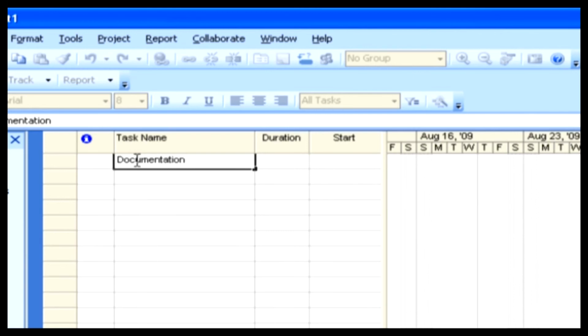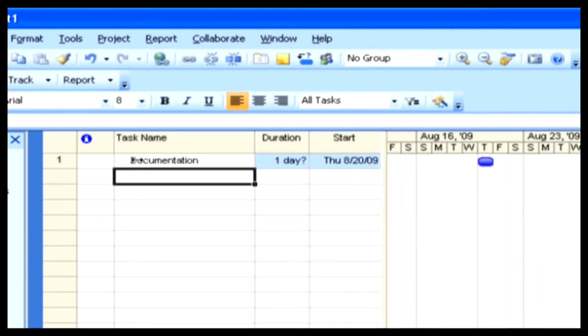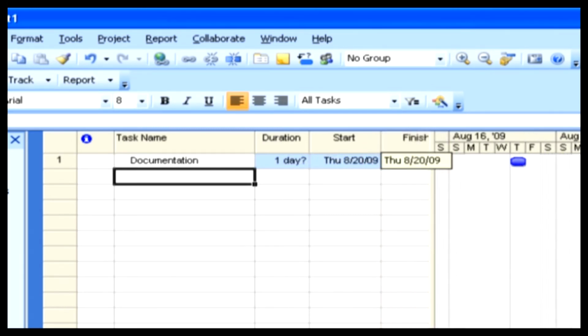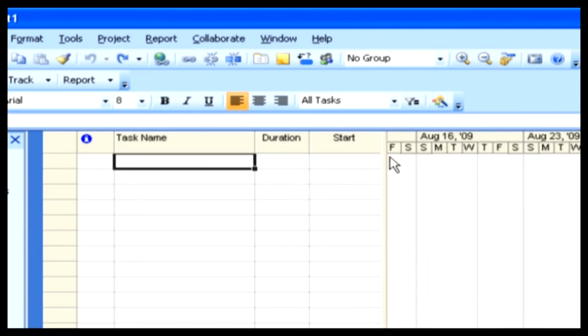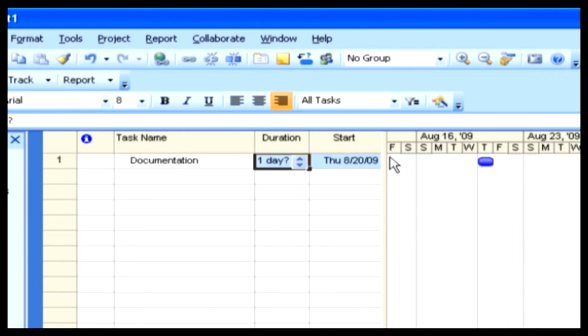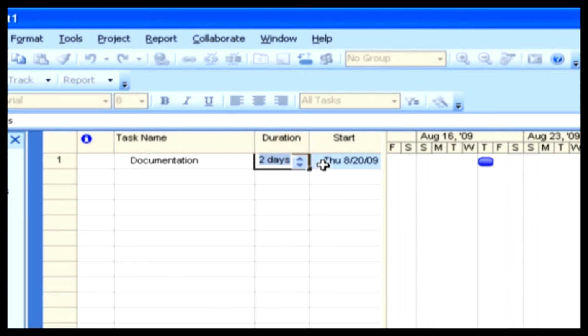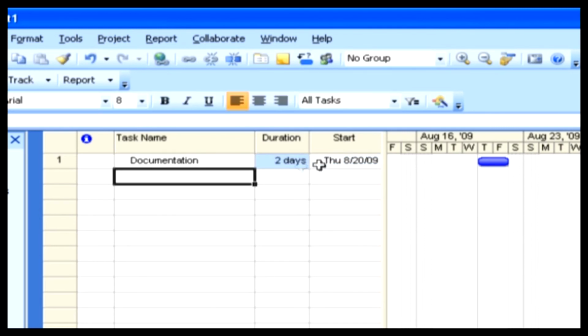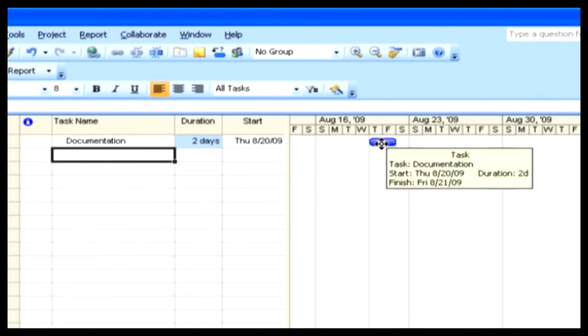We have written documentation. Look here, when I press the Enter key, see, Project 2007 automatically writes the duration, start date, and finish date. I am pressing Control-Z, undo. Let's again write documentation here. Now I am going to press the Tab key. Now we can change the duration. I'm not going to change this. I am going to press the Enter key one more time, and now the cursor comes to the next line. See here, we can see a small image in the Gantt chart, which represents that a task has been assigned